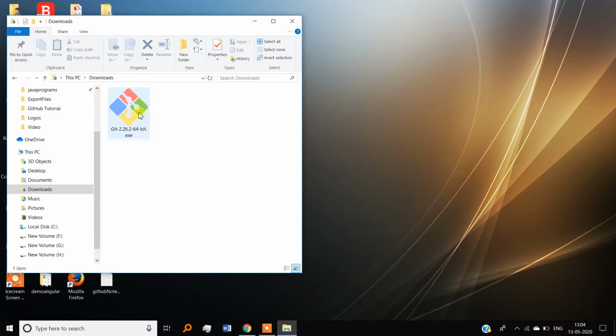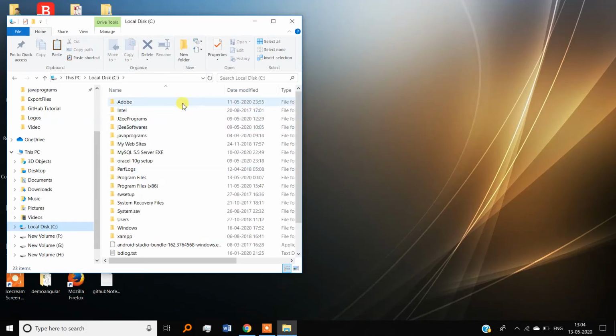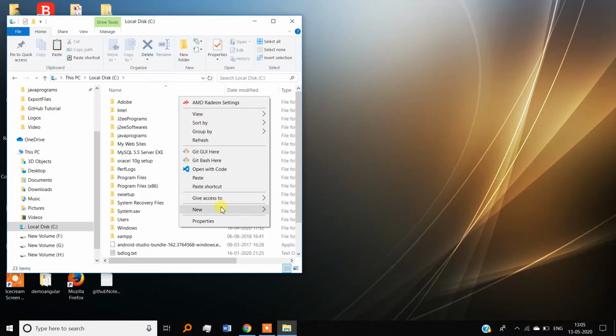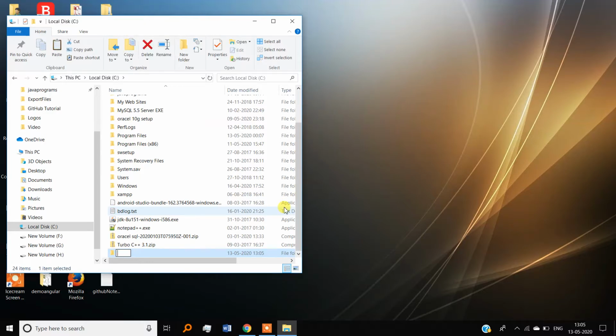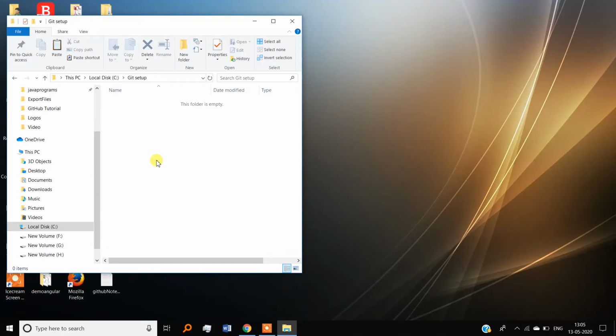So I will copy it and put it into my C drive. You can directly install from there also. I will make a new folder, Git setup, and I will open it and paste. So we'll double click on it.